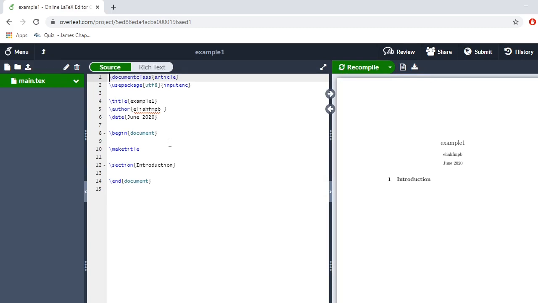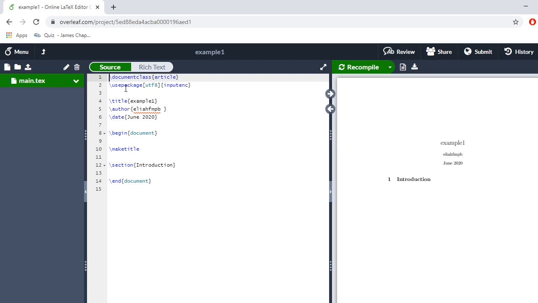Whatever document you want to write, you write it between these two commands, begin document and end document. That is sufficient. You need not write all these statements.